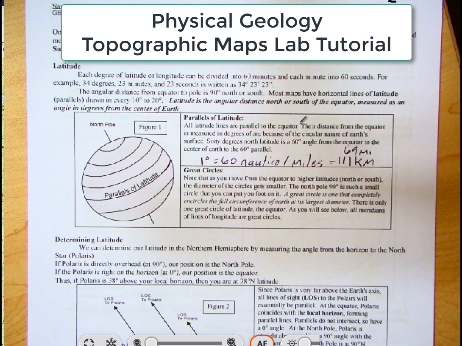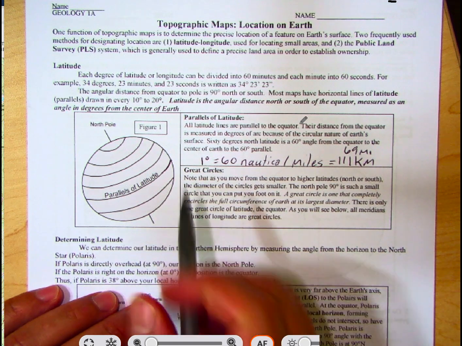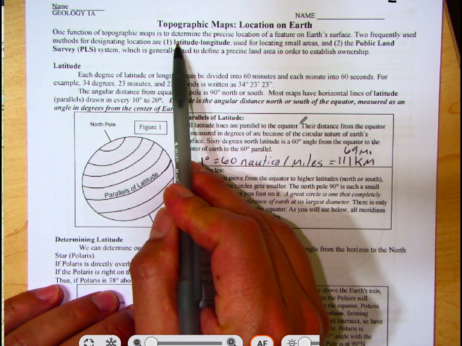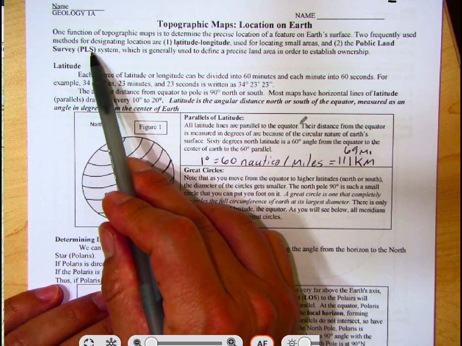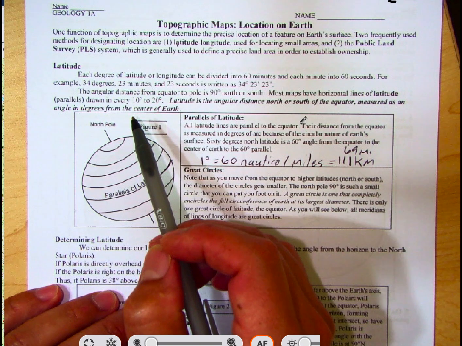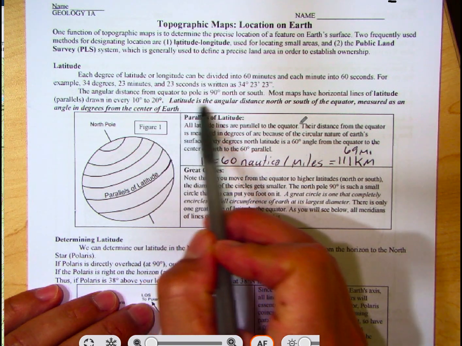Today I want to look at topographic maps. We'll be looking at two ways of locating positions on topographic maps. One is the latitude and longitude method, and the other one is the U.S. public land survey. Latitude and longitude are coordinate systems, and the key thing is that a latitude is really a